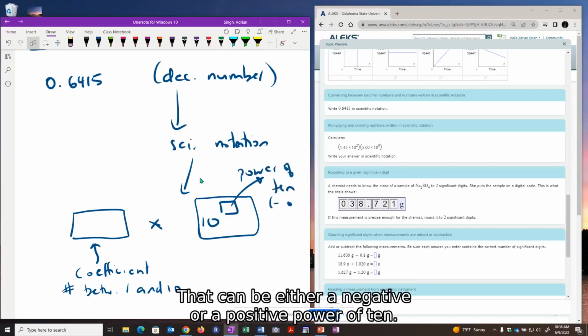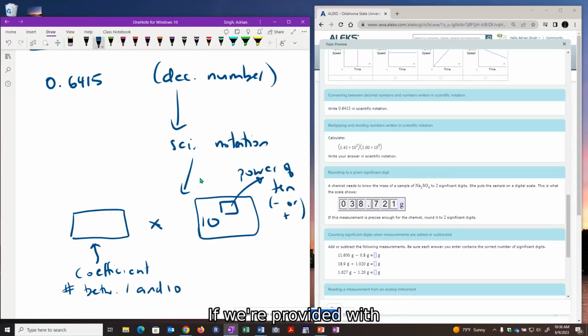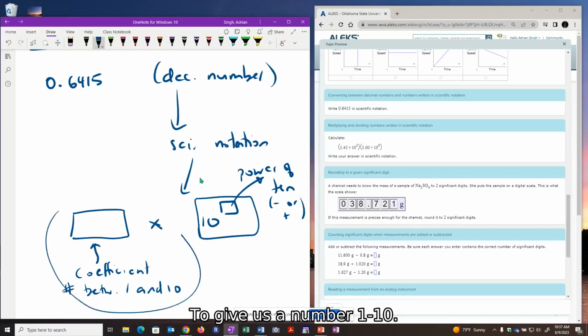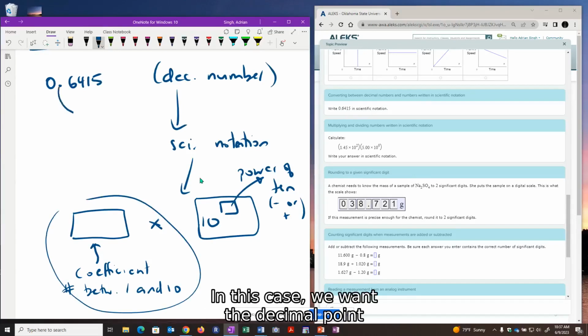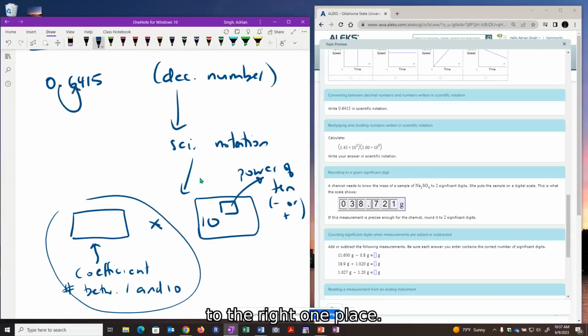And that can be either a negative or a positive power of 10. So if we're provided with our initial decimal notation to begin with, there's our decimal point. We need to move that decimal point in a particular direction, either to the left or to the right, to give us a number between 1 and 10. In this case, we'll move the decimal point to the right one place. And we end up now with